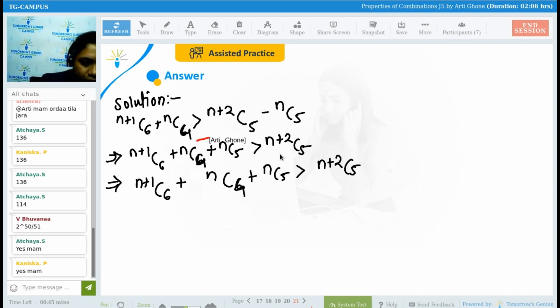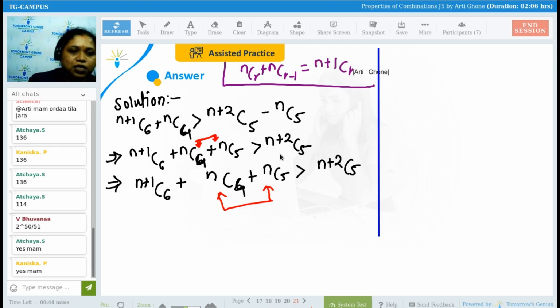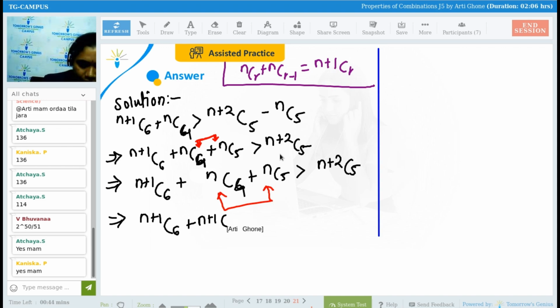The property is applicable in between these two at the first end, and at the second end in between these two, the same property is applicable. So you can try out this question with that property again. What is that property I am writing over here? nCr plus nCr minus 1 is equal to n plus 1 Cr. Just increase your n value by 1. So it is equal to n plus 1 C6 plus n plus 1 C5 is greater than